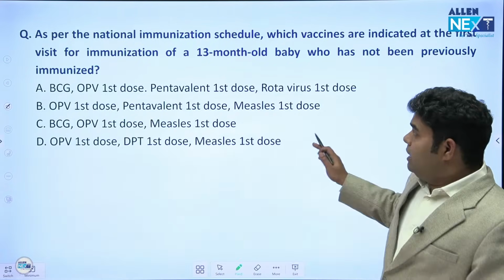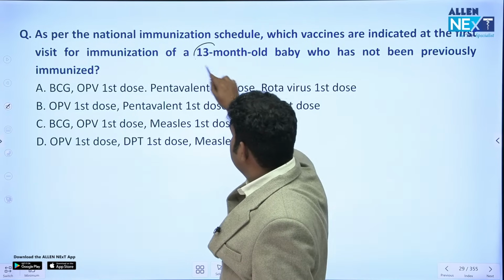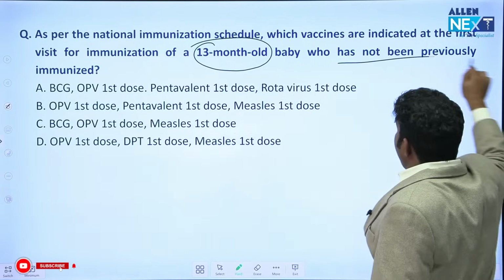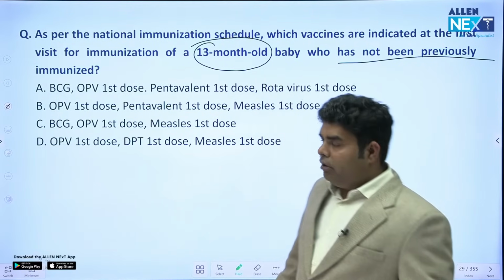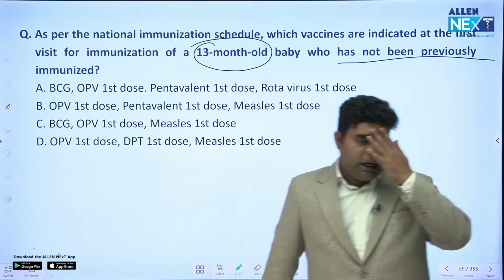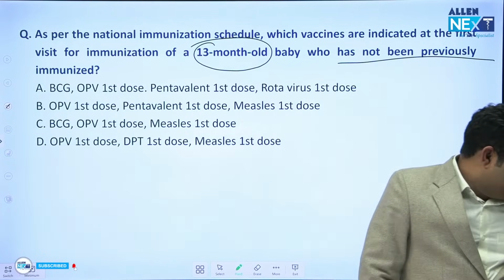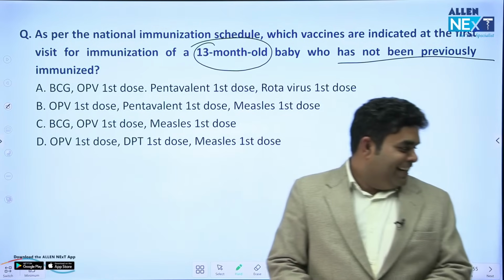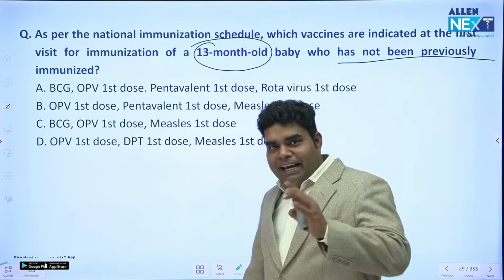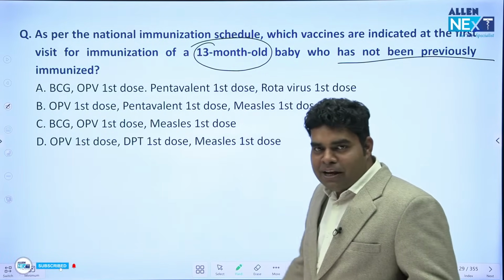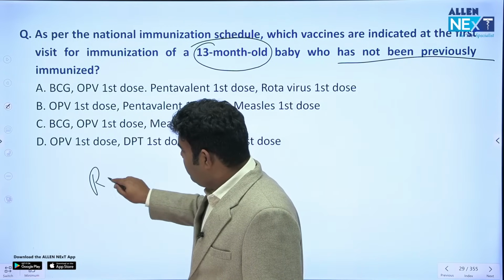This is the national immunization schedule, and there is a child who came at 13 months and there is not any immunization in the past in this kid. So what vaccine will you give? Can you answer this question? Try to get the answer if you know it. To answer this question, you should remember one important point, that rotavirus,